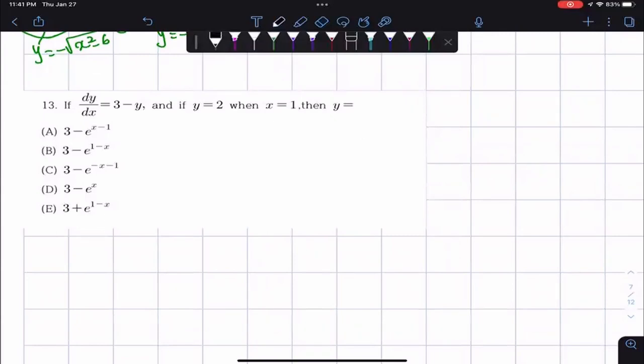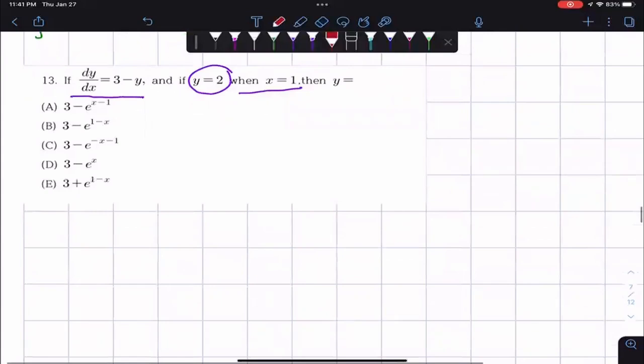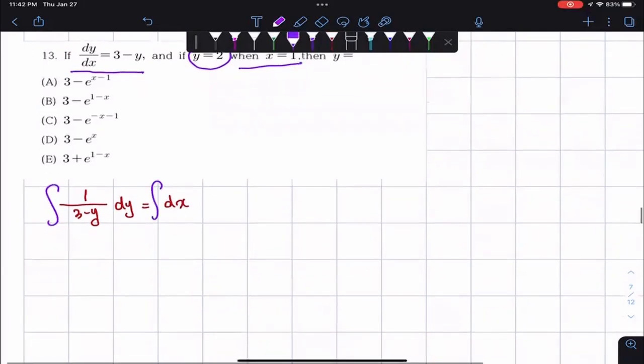Let's solve problem 13. If dy over dx equals 3 minus y, and if y equals 2 when x equals 1, then you should find the y function. Let's use the separable method like this. 1 over 3 minus y dy equals dx. Apply the integral on both sides like this. Then you should check the numerator part. If there exists the differentiation of the denominator like this,